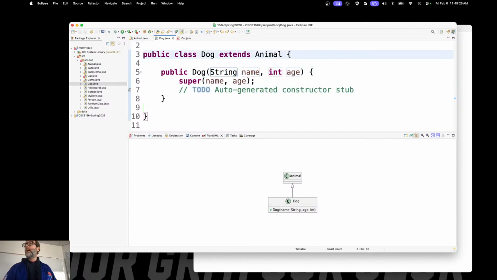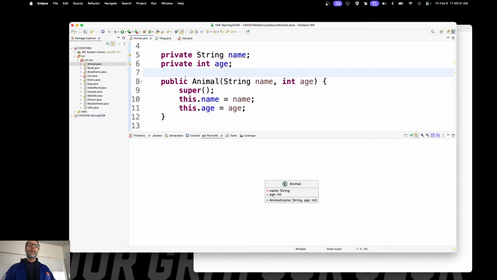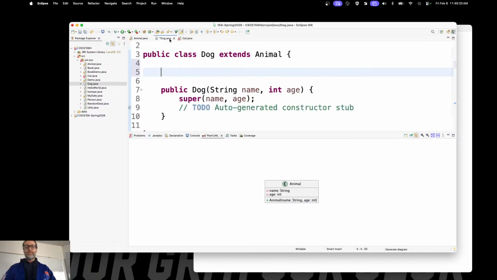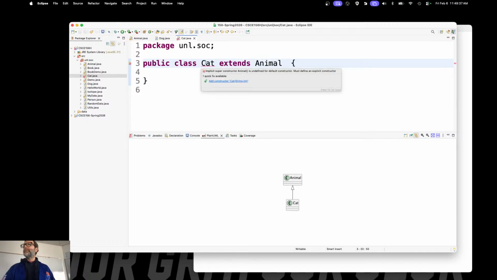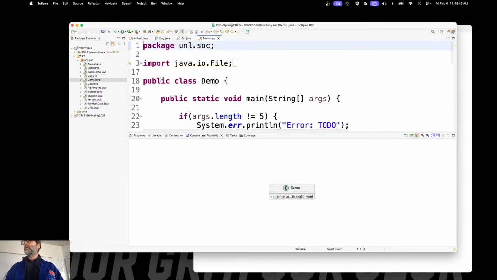Do you see it in this class as member variables? No, it's empty. But it is inherited from the animal class up above. Right? And save this, and then there we go. Do the same thing for cat. There we go, add constructor using fields. Now let's open up the demo class here and get rid of whatever we were doing